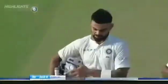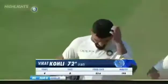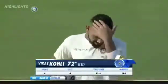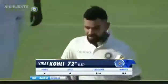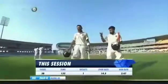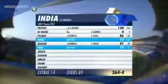Marks it a really good day for the Indians. Virat Kohli winning the toss, and winning the toss after a long, long time. Lost all the tosses in England. Won the toss here, no hesitation in batting first. Finished with 72 not out. That finds his team in a really good position at 364 for 4. Prithvi Shaw getting